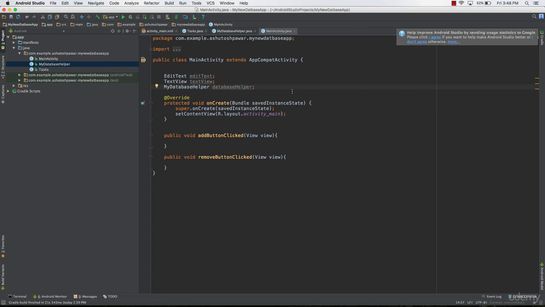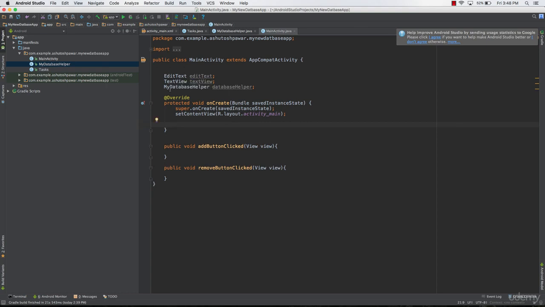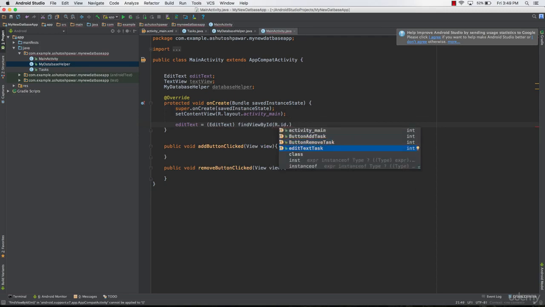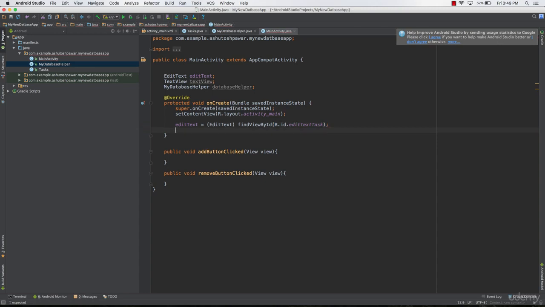So now the next thing you need to do is that in onCreate, you need to go ahead and get a reference to the actual edit text and the actual text view. So we will type in edit text equals and typecast it to edit text, then findViewById R.id dot, and the edit text id is edit text task. Then we get a reference to the text view as well. So we will type in text view, typecast it to text view. Then as usual, we are going to have the findViewById R.id dot the text view's id,